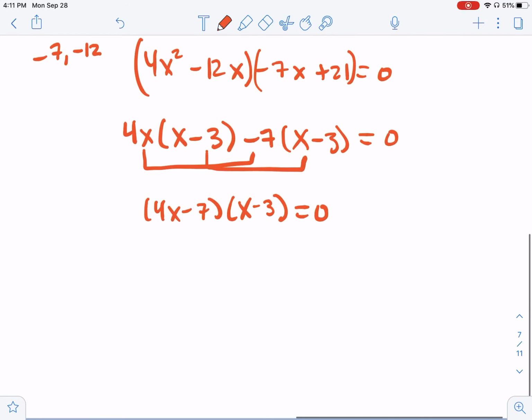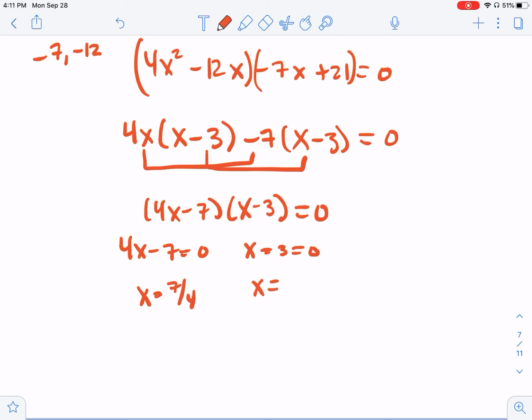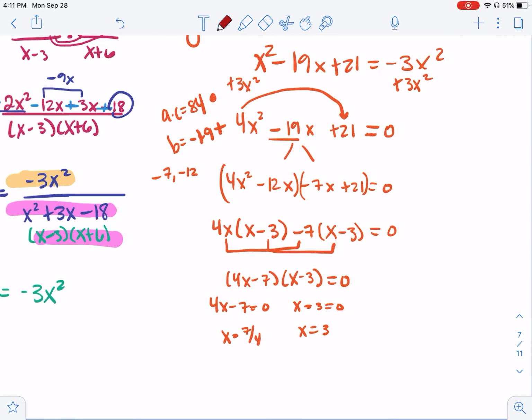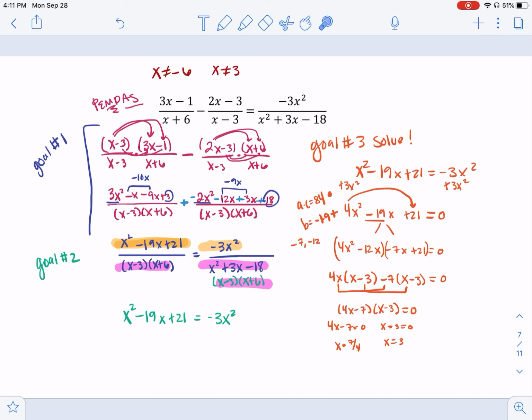In order to solve this, you simply take both of your factors and set them equal to 0. Solve those, we get x equals 7/4 and x equals 3. Now, we are super duper close, but our last step is to check those restrictions. I found them at the beginning, but now I have to check them. 7/4 isn't here, I'm good. 3, that's a restriction. So I'm going to mark that answer off,